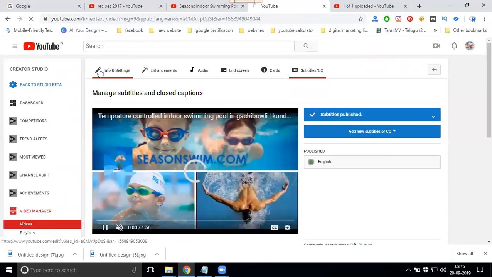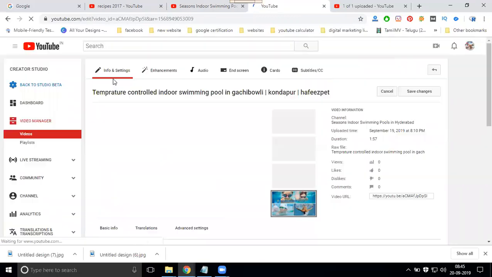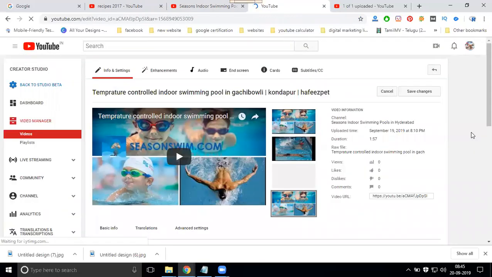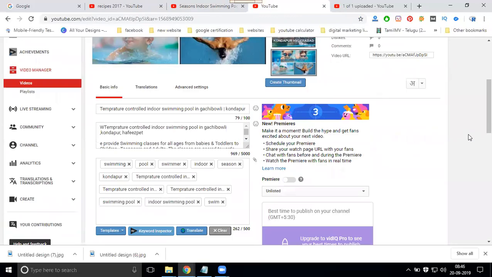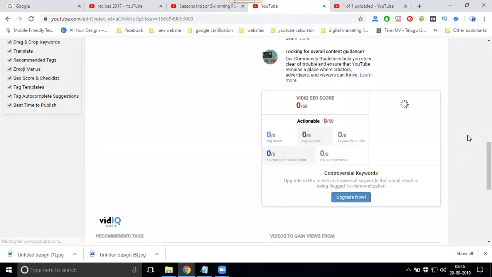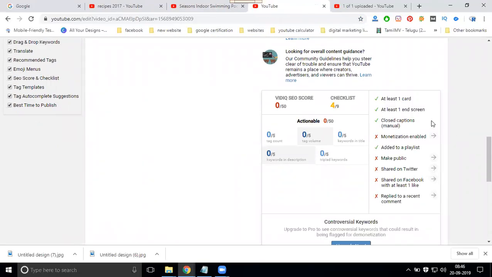Now you can go back to the settings. First of all, you have to check whether that is finished or not: cards, end screen, and closed caption, which is CC. Monetization is not enabled. Make public is not done. Share on Twitter, Facebook and reply to comments is not done. It will be done in the next step.